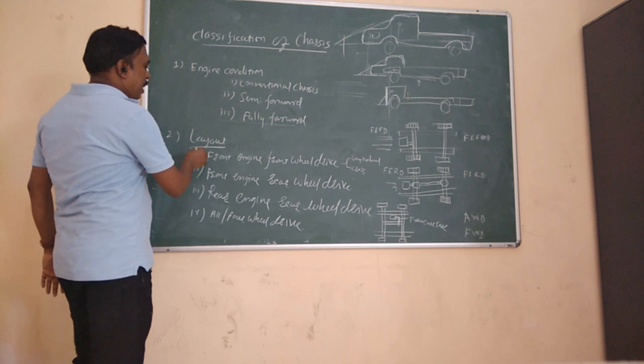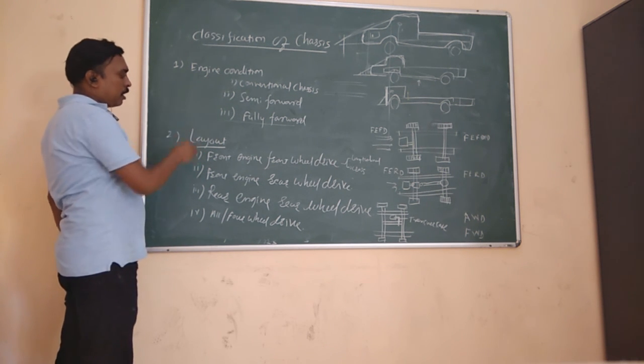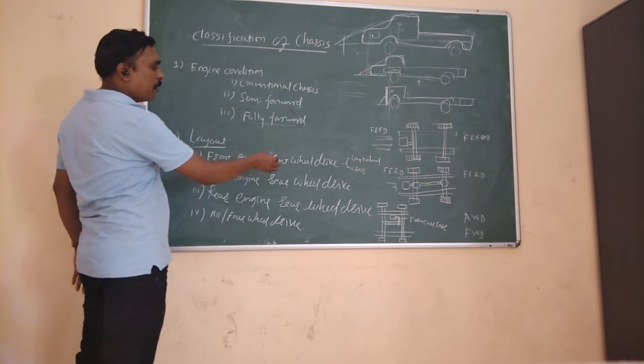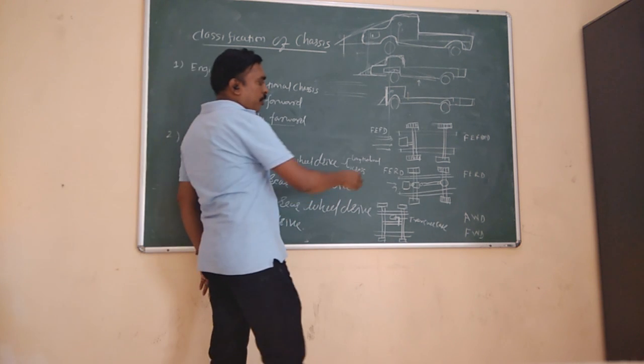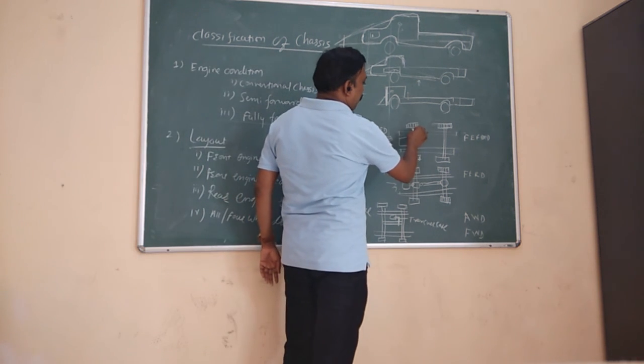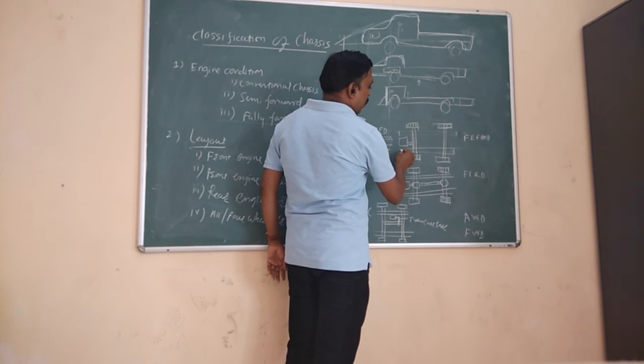Now according to layout, the chassis classification is front engine, front wheel drive, where the engine is at the front and we drive the front wheels only. If you see this arrangement, this is